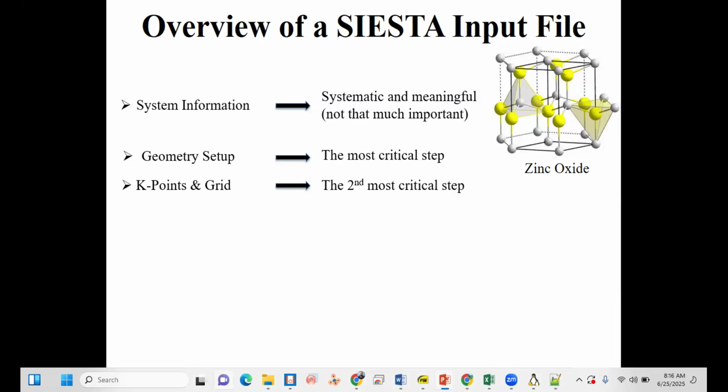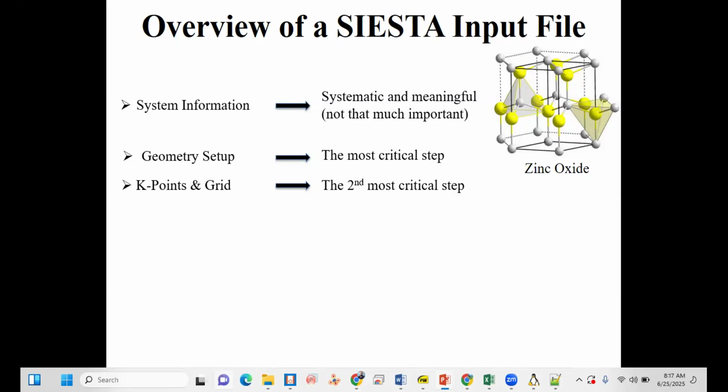And the grid, for example, is like: what must be the value of the mesh cutoff? If you choose a lower mesh cutoff, you will lose the resolution and accuracy of your calculation.